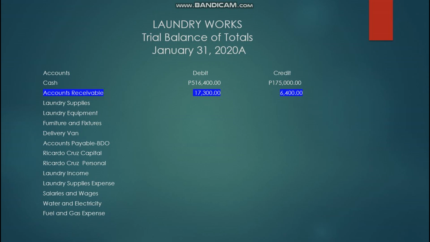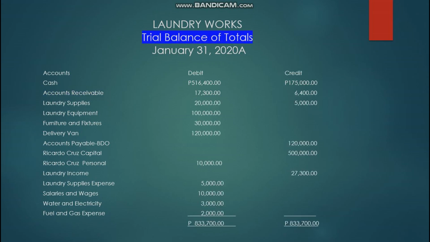Now, let's pretend that we finished copying the total balances of the debits and credits for each account in here. Then, this is what you will come up with after you finished everything. So, this is the completed trial balance of totals. When you add all the debits and all the credits, you can see that they are balanced. The total debits of 833,700 is exactly the same amount as the total credits of